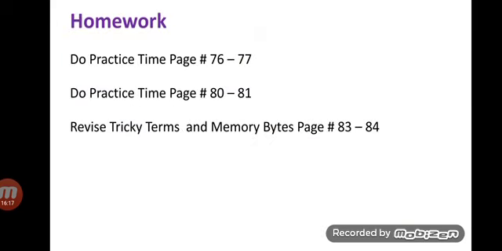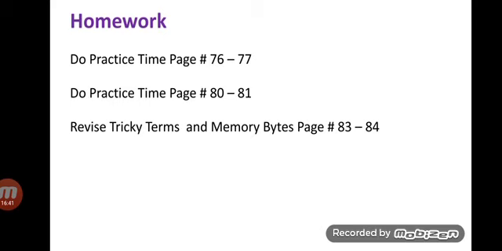Next you have the homework. Do the practice time on page number 76 and 77, and the other practice time on page number 80 and 81. These practice times will be helpful to you in creating these applications.